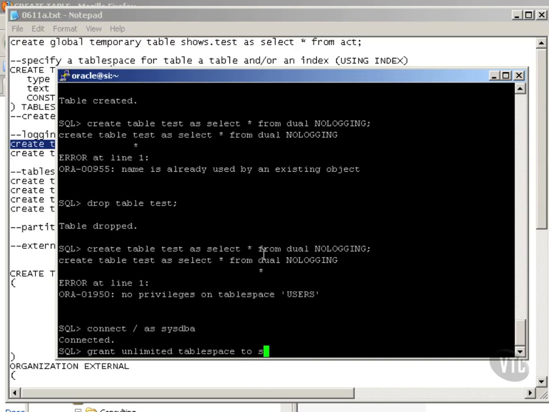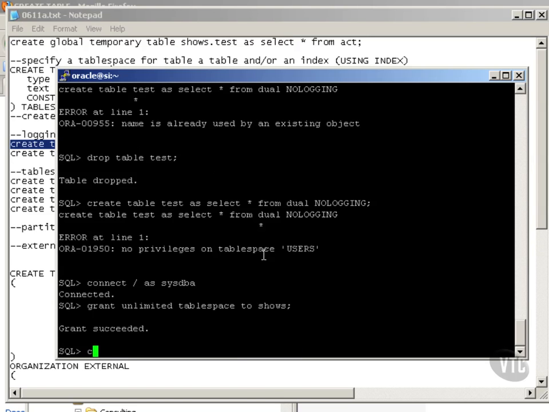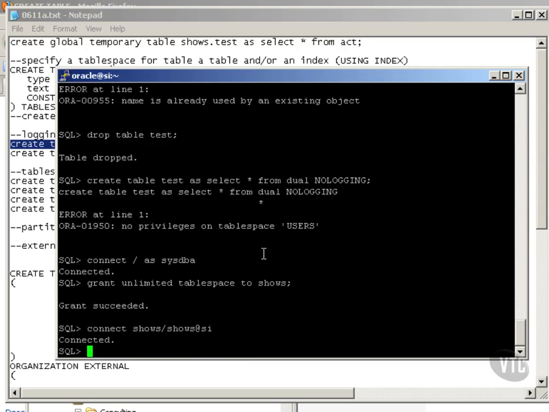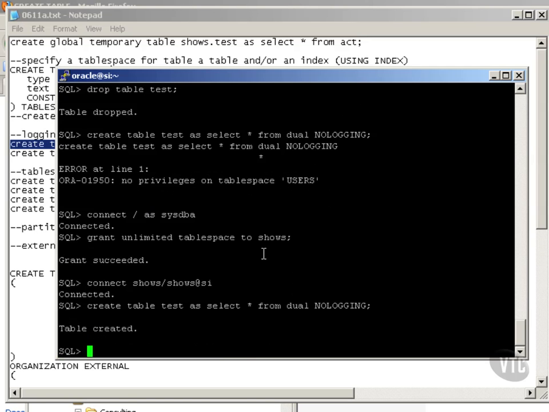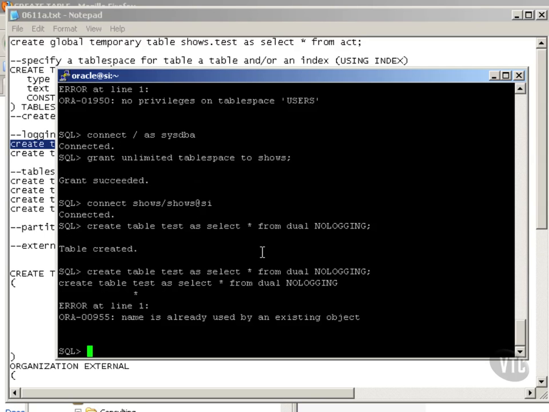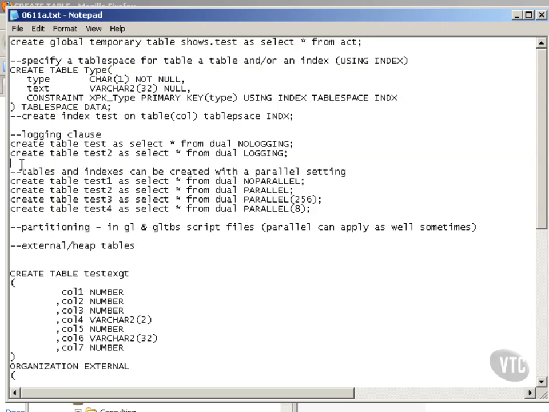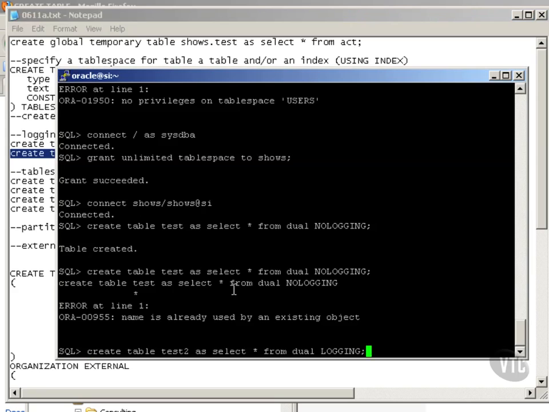To shows, I thought it actually had to be on a specific table space. Shows at SI, and yeah, there you go, solves the problem. It's a non-logging table, and obviously, okay, well I've already created that, so I was going to go back and show you that you could also create it with logging. Logging is the default. Let's go back to here, paste this,